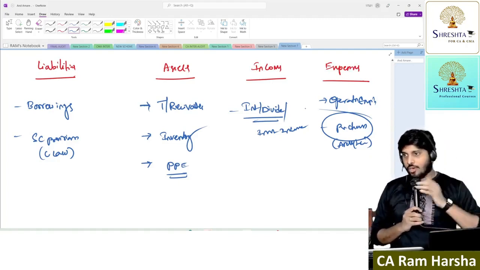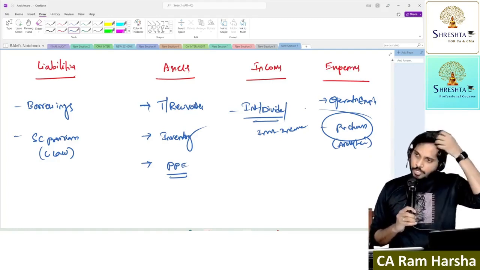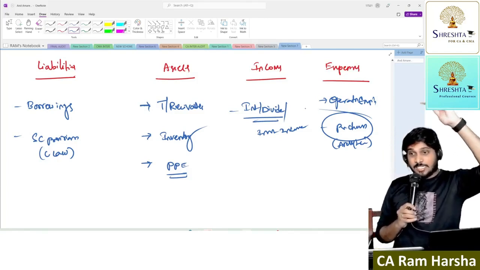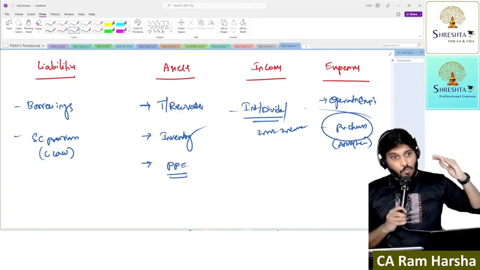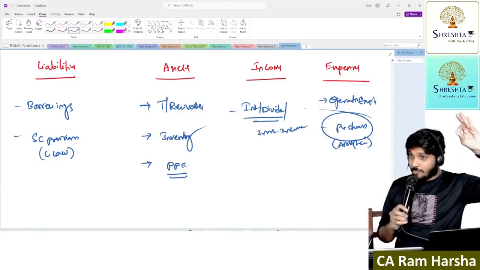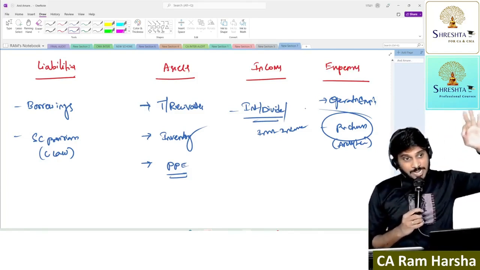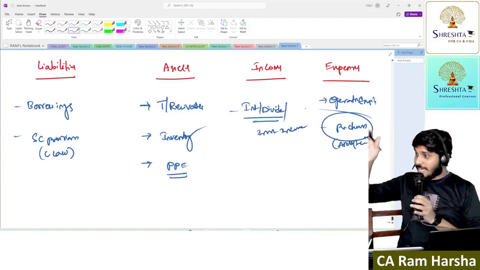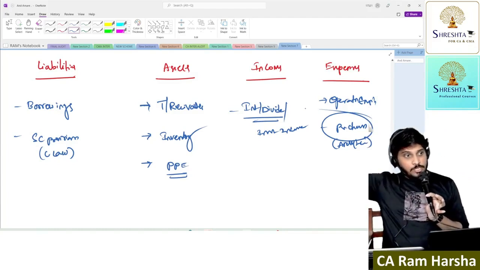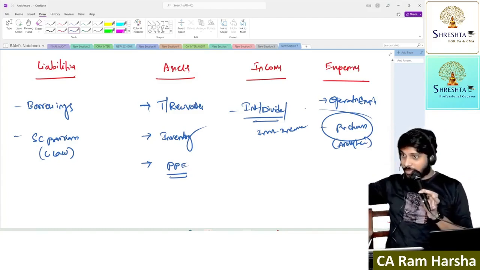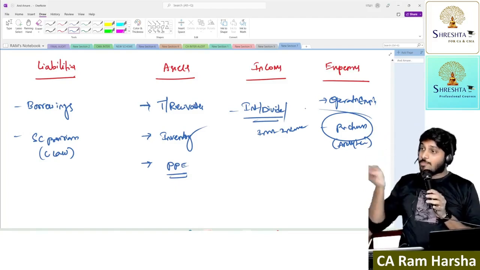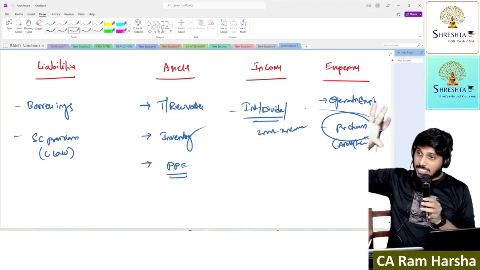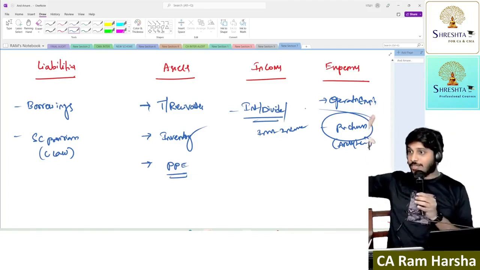But remember, if you want to become perfect in this chapter, you need to properly read it, analyze it, and differentiate between what is the first set and second set of points. What points you should check regarding existence of PPE, what points you should check regarding existence of inventory. They both are similar. What points you should check regarding valuation of inventory? What points you should check regarding valuation of PPE? Again, the answer will be different. What points you should check regarding completeness of inventory? What points you should check regarding rights and obligations related to inventory? Again, the points are different.